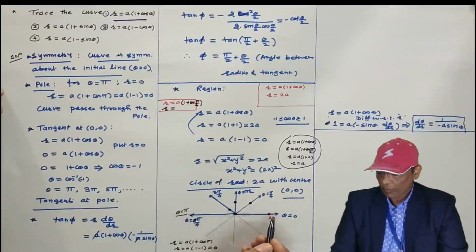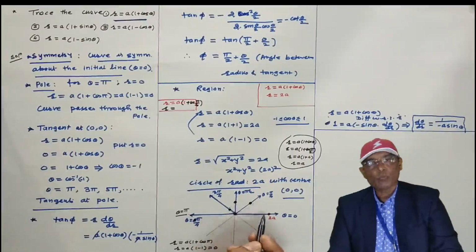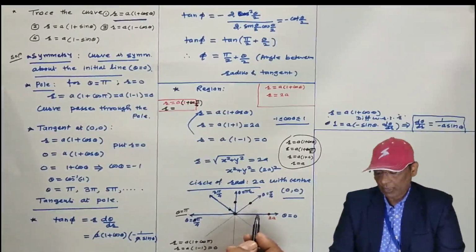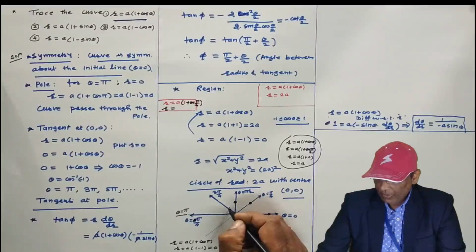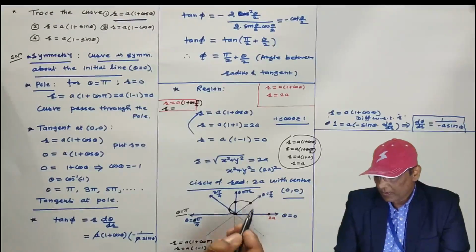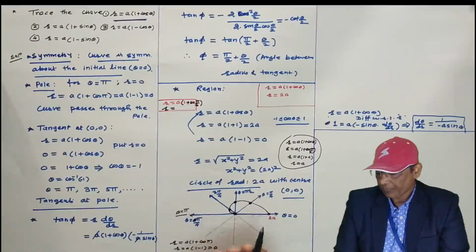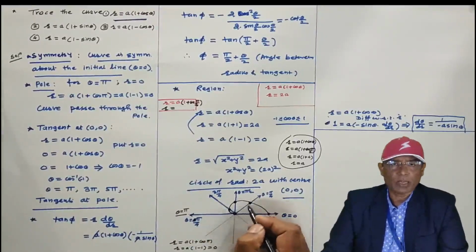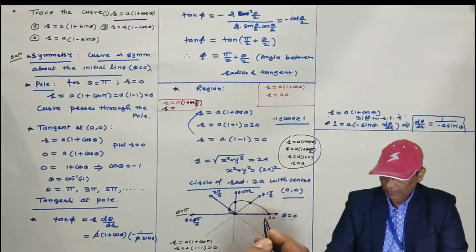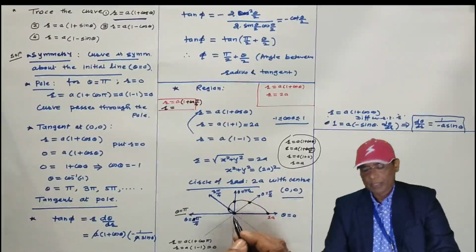So how many points have we obtained? First, second, third, fourth and fifth. And all those points you have to join very smoothly by maintaining the curvature. I am going to join 2 points, but when joining these 2 points, in this way you have to maintain the curvature, like this. And many more points you can join, for theta equal to pi by 6, for theta equal to pi by 3, okay, you can do. Then this is the upper part of the curve.